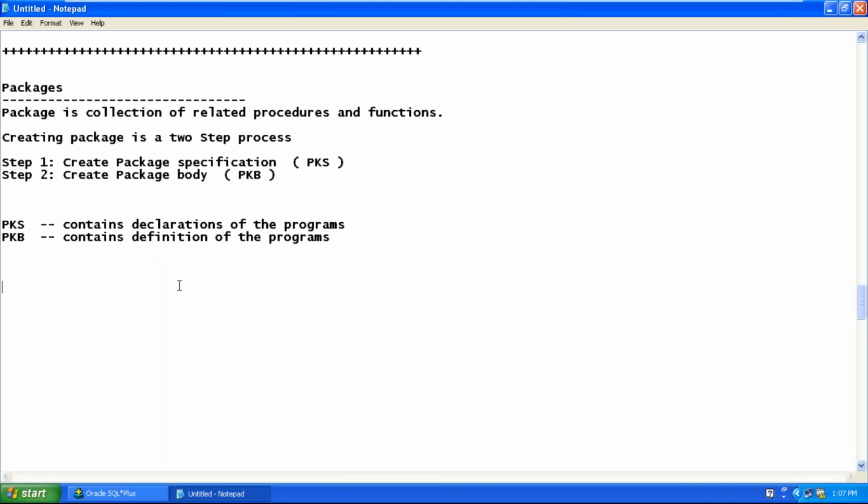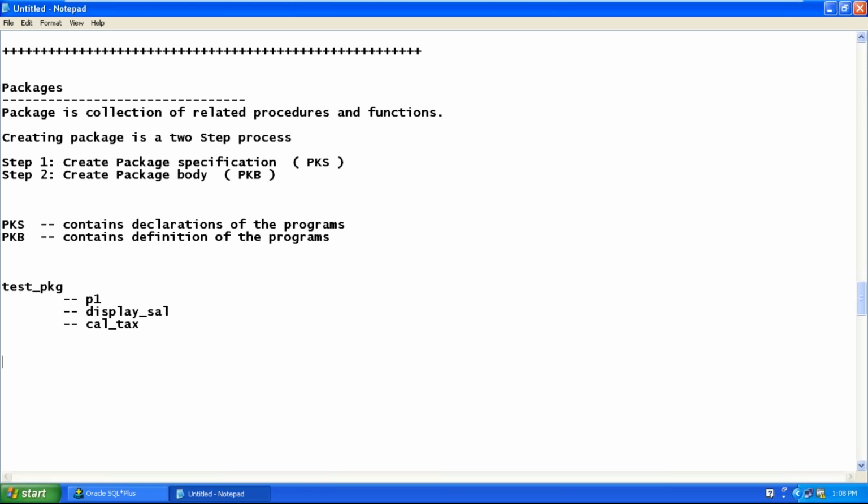I want to create a package. The name of the package is, let's say, test underscore pkg. I want my package to be a collection of procedure P1, procedure display underscore salary, which accepts employee number and displays salary, and function cal underscore tax. How many programs? Jamal, I want my package which is a collection of 3 programs, 2 procedures and 1 function. Okay. Now how can we do this?